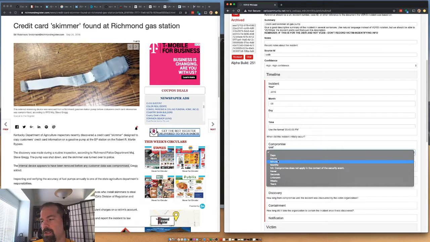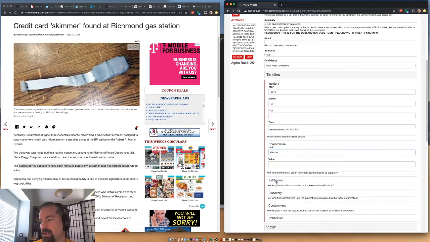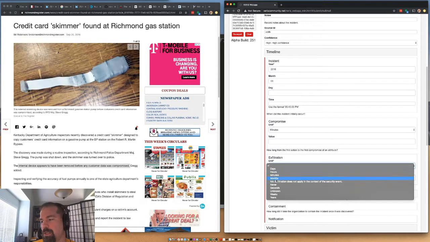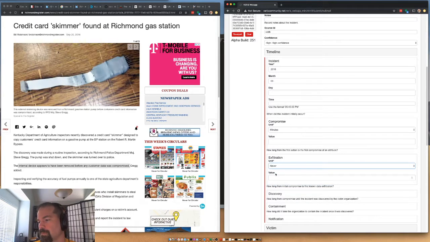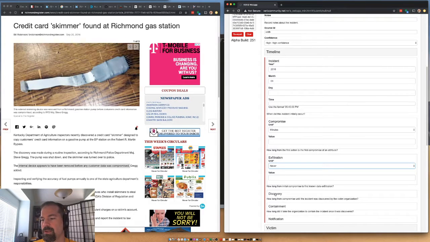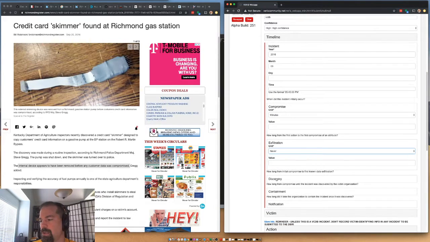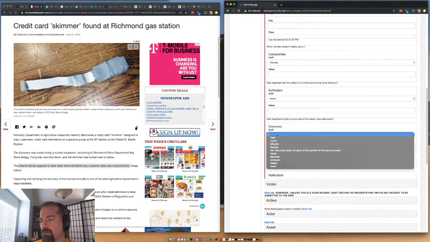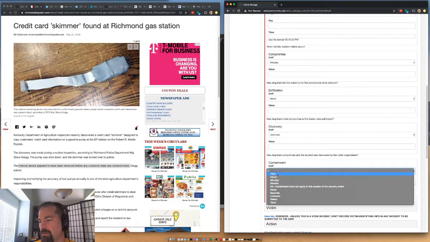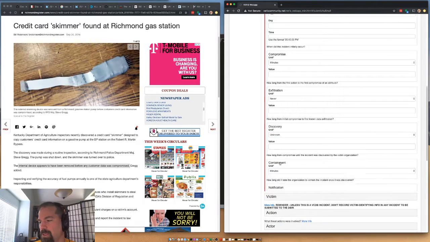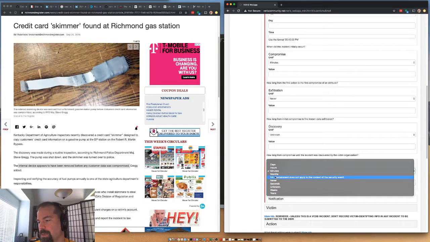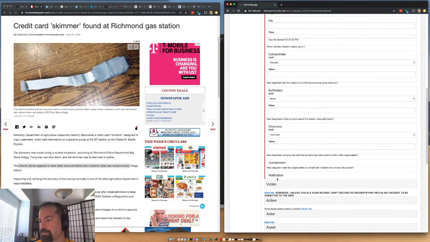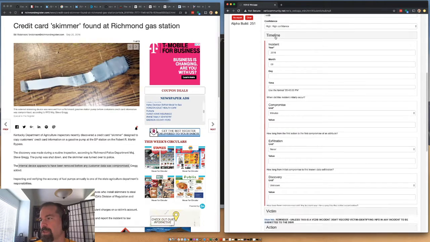Compromise, probably, it takes them a minute or two to put these on, almost seconds. Exfiltration is applicable, but it never happened. So this is not going to be a breach, per se. Discovery happened. It's unknown how long it took. Containment after discovery took minutes at most. Actually, seconds probably would be appropriate. And we really don't know about notification.